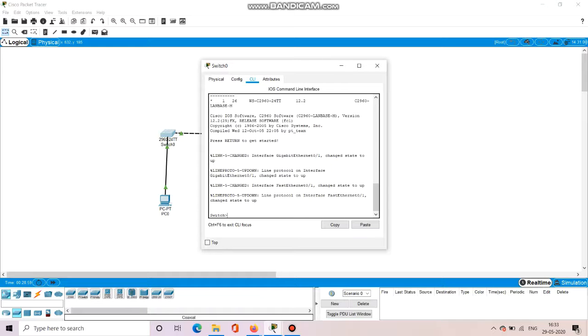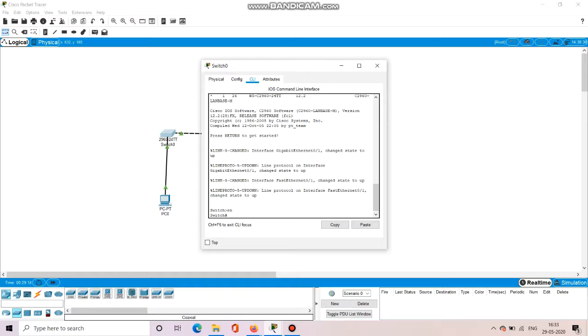So if the prompt is showing greater than sign, then it is a user interface or user mode. For user mode, very limited permissions are given. For global configuration mode, the admin or the person who has the rights to enter the global configuration mode can perform the configurations on the switch.